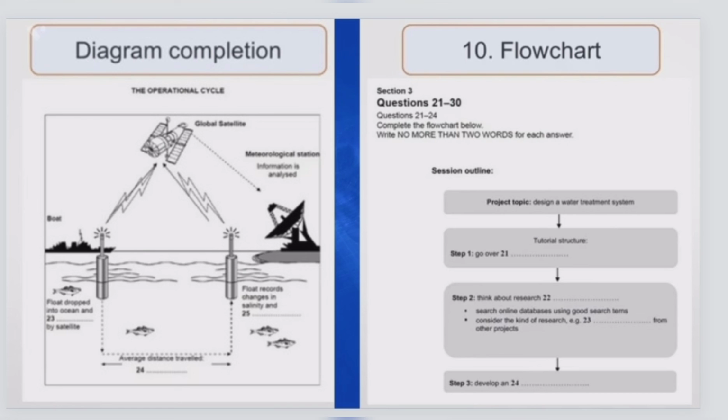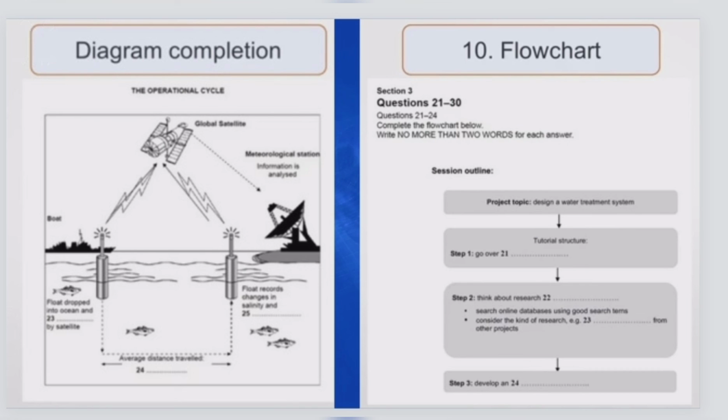Finally, we have a flow chart. A flow chart shows the steps of a process. The process will have a start and an end with several steps in between. It could be about almost anything that can be broken down into stages. For example, the outline of a lecture or essay, an application process, the stages of a training course or a short manufacturing process.